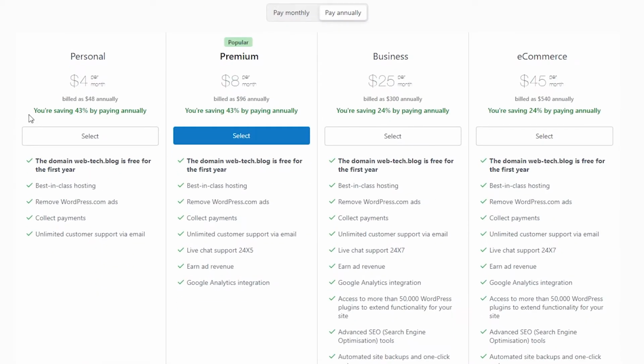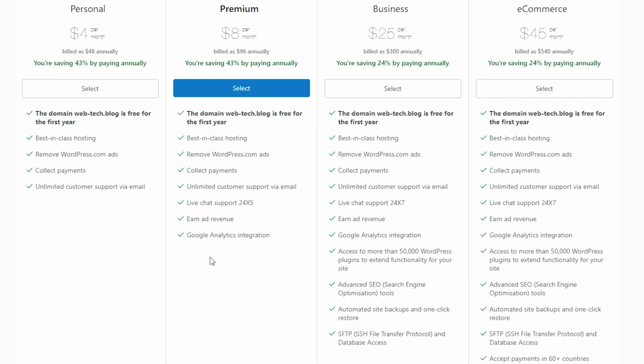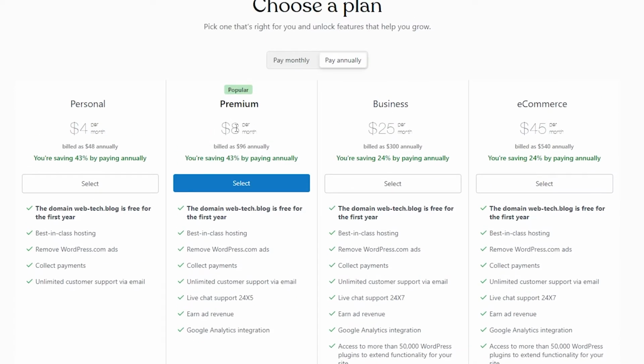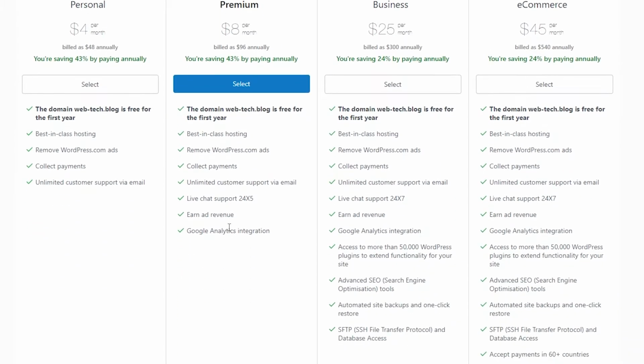So as you can see over here, you have some plans. So basically you have the personal, premium, business, and e-commerce. So for the premium, you have to pay like $8 per month, which is billed at $96 annually, and you're saving 43% by paying annually. So you can choose whichever plan you want, and once you have done that, you can just move on and